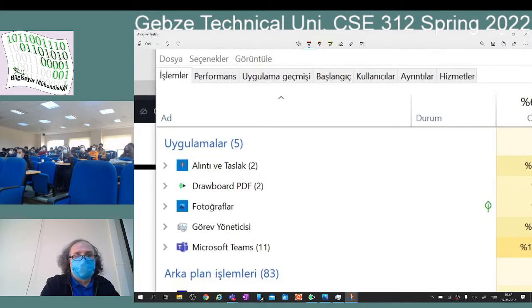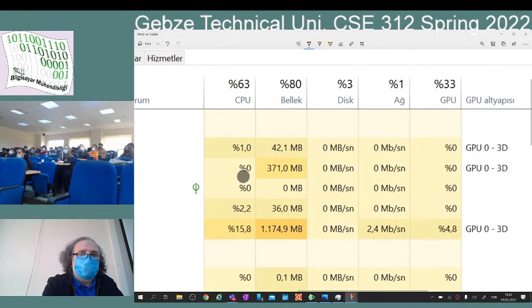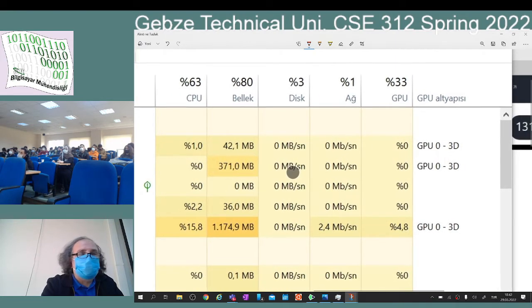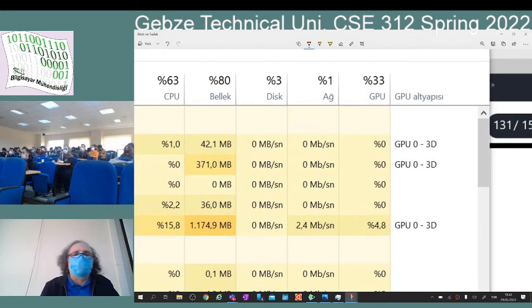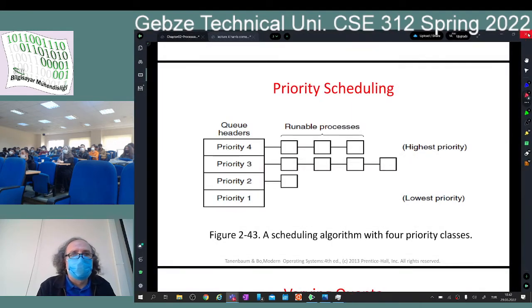So it looks like my draw board, okay, it is using not much CPU at that time. It is using this much of the memory. It is using this much of the disk bus capabilities, and this is my network, and I think there is a way of expanding this, like how many threads I am running within this process, how many page faults I am causing, how many pages I am keeping in the memory, and etc. So all that information is kept in my process table.